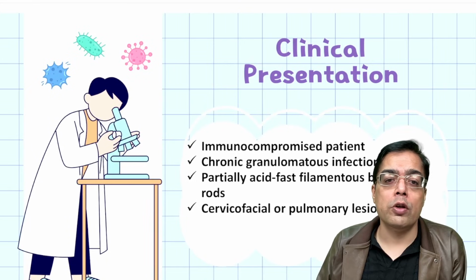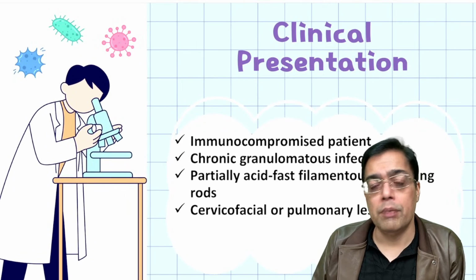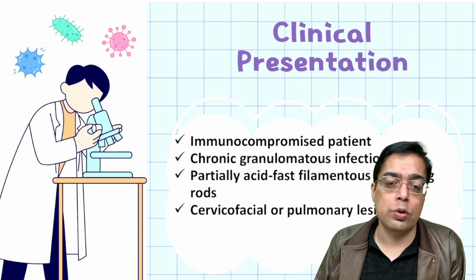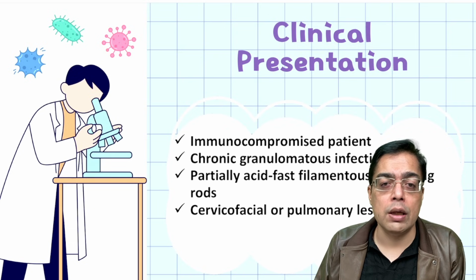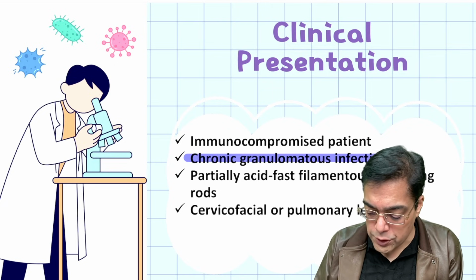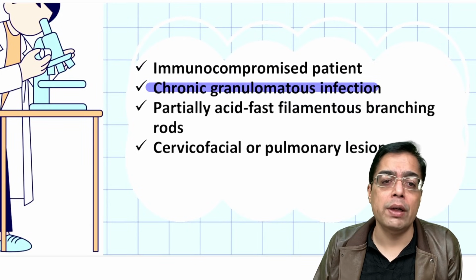Then making a mention of a patient who is going to be having a history of immunosuppression. Now that can be because of multiple reasons. The patient can be a patient of HIV, or this could be a patient who is on high dose immunosuppressive therapy or steroid therapy for quite some time. He is having a chronic granulomatous infection, and he shows the presence of partially acid fast filamentous organisms,